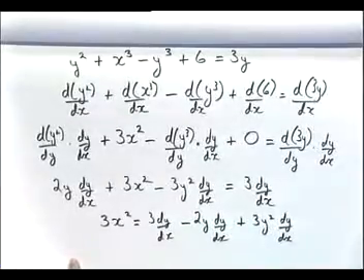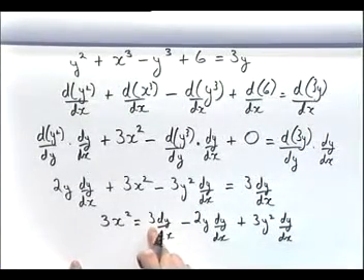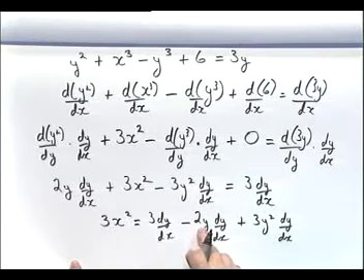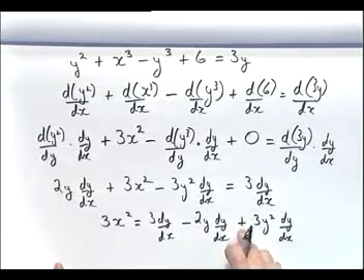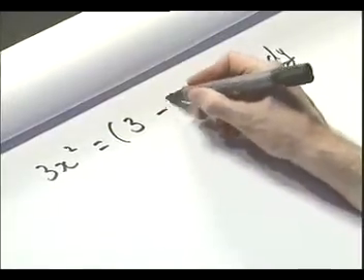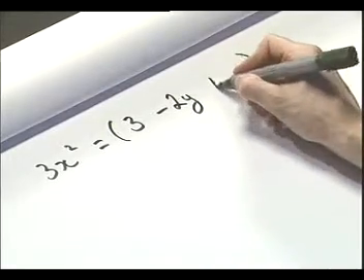So let's just go back and have a look what dy by dx was multiplying. It was multiplying a 3, it was multiplying a minus 2y, and it was multiplying a plus 3y squared. So it was multiplying a 3, a minus 2y, and a plus